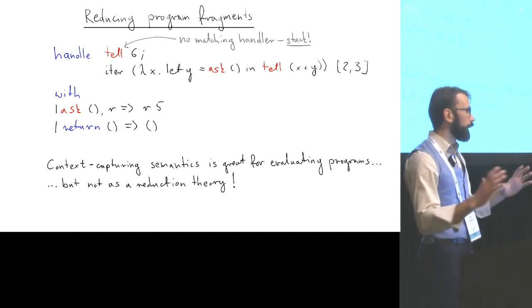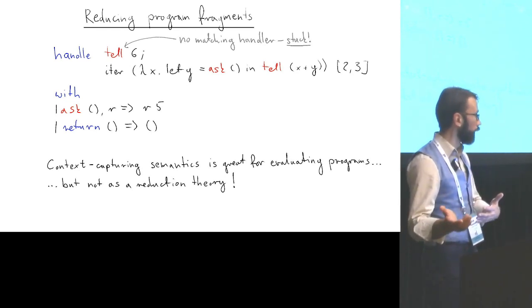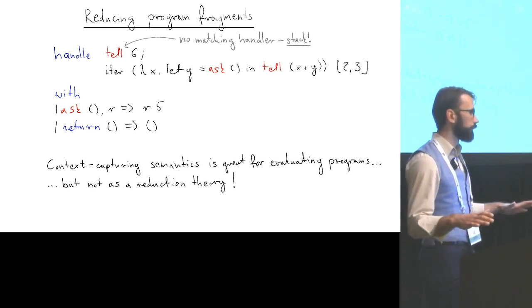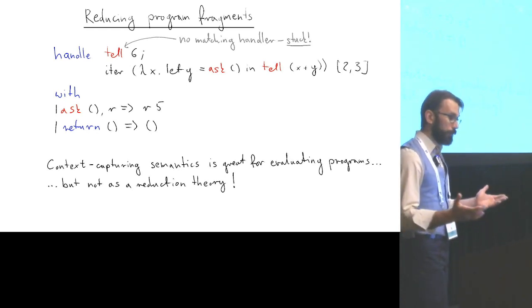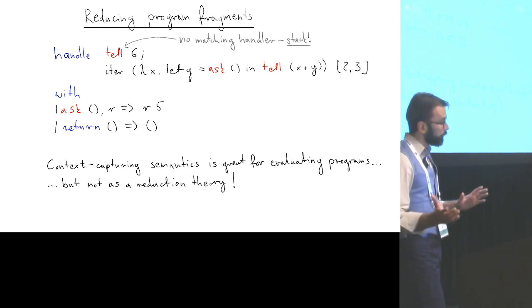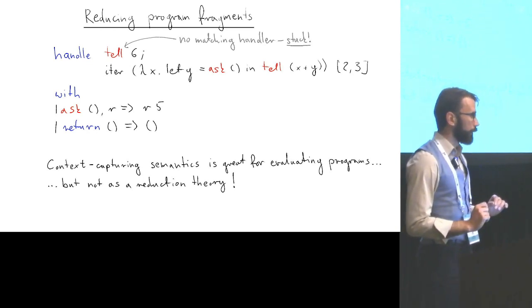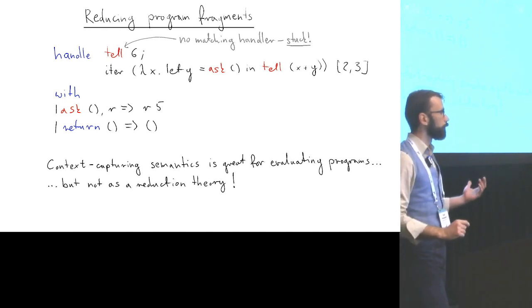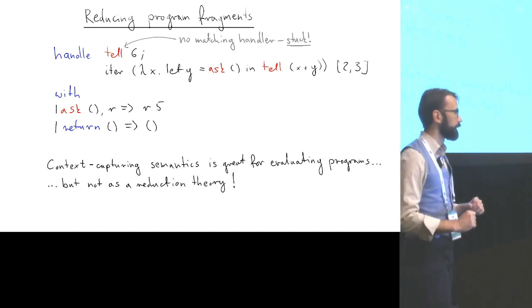They are very nice for actually running, completely evaluating fully closed programs where all the operations will be interpreted and there will be no free variables. But in an open context, they get stuck in a place that's not necessarily brilliant, because, I don't know about you, but this is not the sort of normal form that I would like for this computation. There's still something that could hopefully be evaluated, like the iteration over the second list, the smaller list.